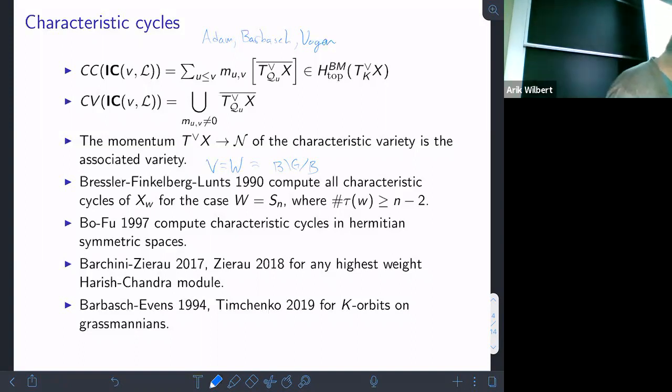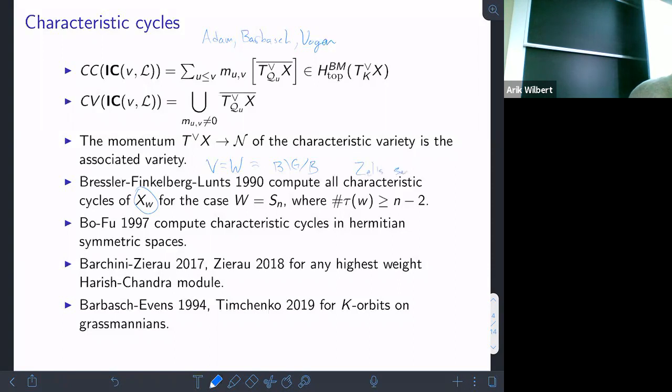So you want K times K to be G. Yeah, and that'll be an example that comes up later. So Bill's asking if this X_w is a Schubert variety or a K orbit for the diagonal action. Bressler, Finkelberg, and Lunts actually consider Schubert varieties, but I'm just saying it's also equivalent to the other case. And I want to point out that their method here was using Zelevinsky's small resolutions,